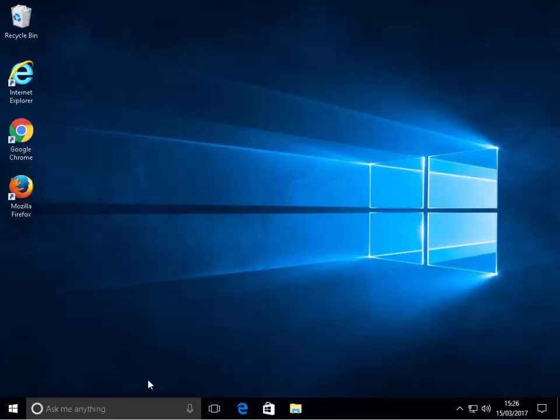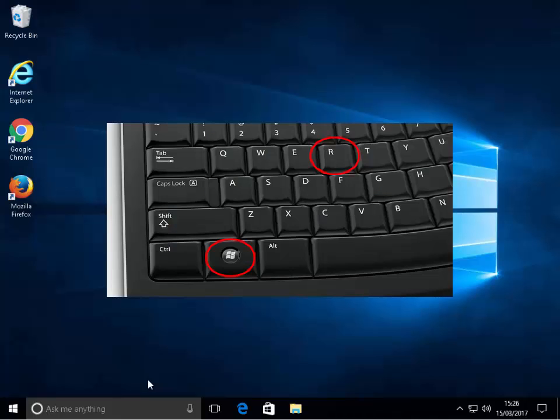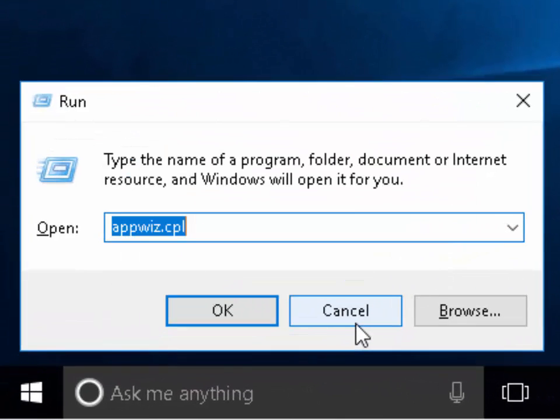So first of all, we need to download Brave browser. To do this, hold down the Windows key. The Windows key is on the bottom row of keys on your keyboard between the CTRL and the ALT key. Now press the letter R for Romeo. Delete out whatever's in the run box and then type